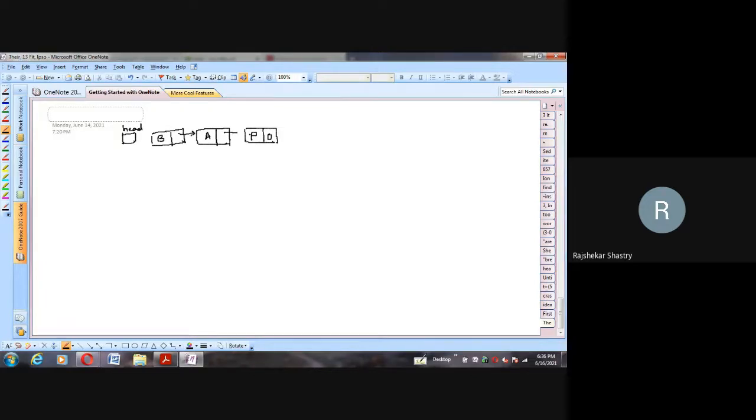The second points to the third node, and the third node of course is null. And the respective addresses: suppose this is 100, so at the head we have 100, and if this is 200, we'll have 200 in the B link, and suppose this is 300, then you'll have 300 here. So this is the existing list we are assuming.